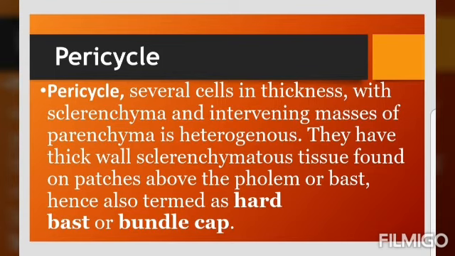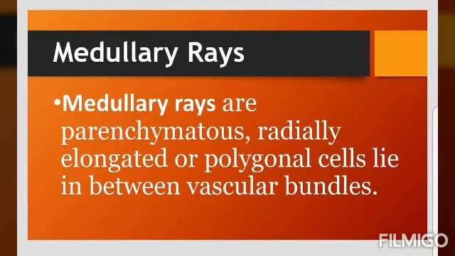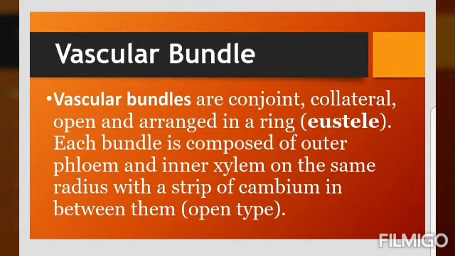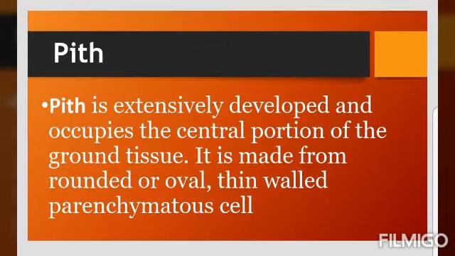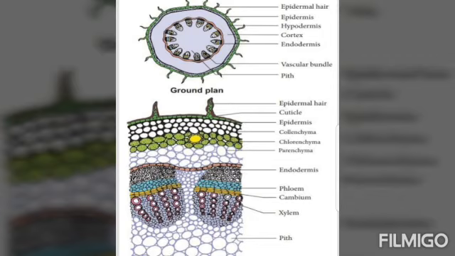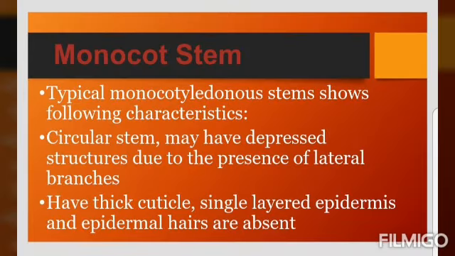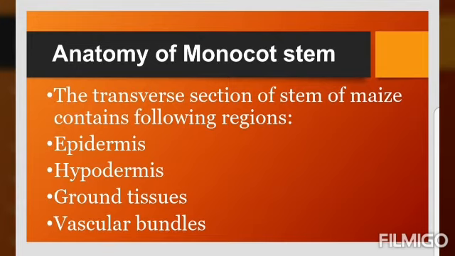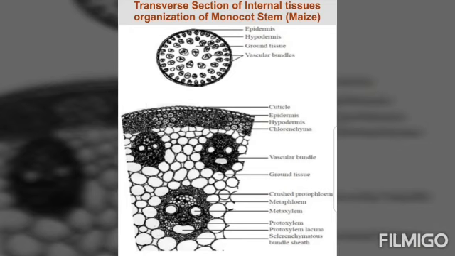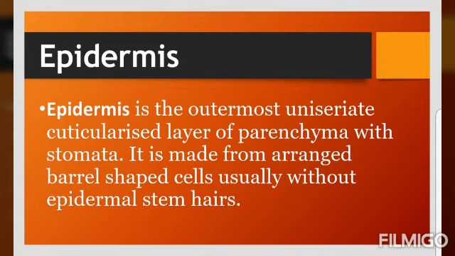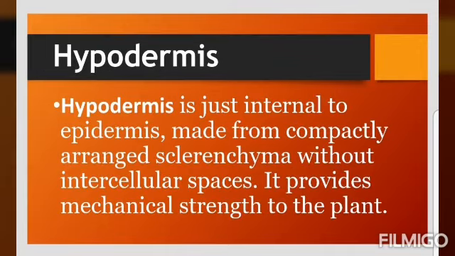Pericycle is present on the inner side of the endodermis. A large number of vascular bundles are arranged in a ring. The ring arrangement of vascular bundles is a characteristic feature of dicot stem. A large number of rounded parenchymatous cells with large intercellular spaces, which occupy the central portion of the stem, constitute the pith. The monocot stem has a sclerenchymatous hypodermis, a large number of scattered vascular bundles, each surrounded by a